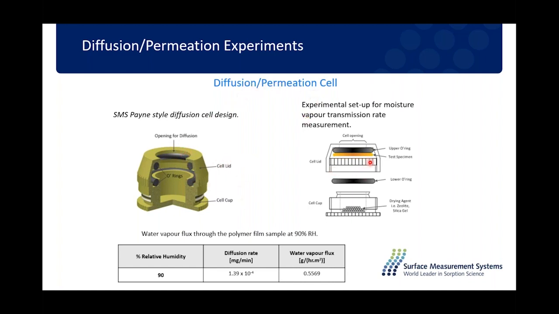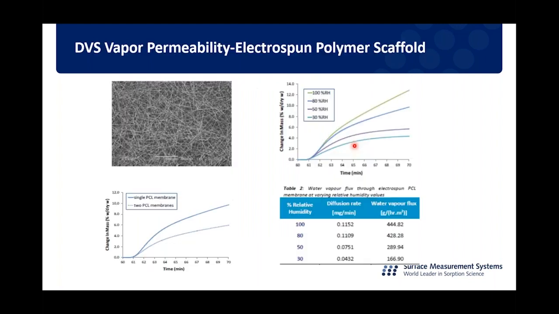We also call it a Payne cell. You can put the sample and then measure the flux going across the sample as I have a humidity or concentration gradient. I can put, let's say, a zeolite or getter on the inside, so I have 0% relative humidity, and then control a separate relative humidity on the outside, and I can measure the flux going across this to look at permeation rates through or across a membrane or film.